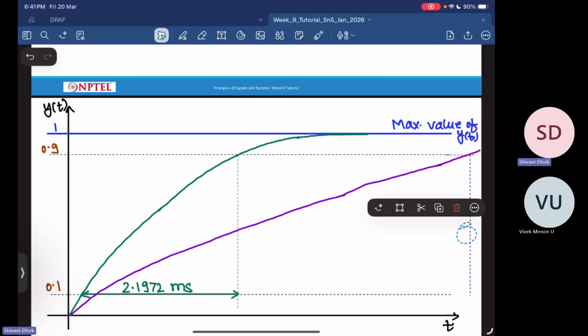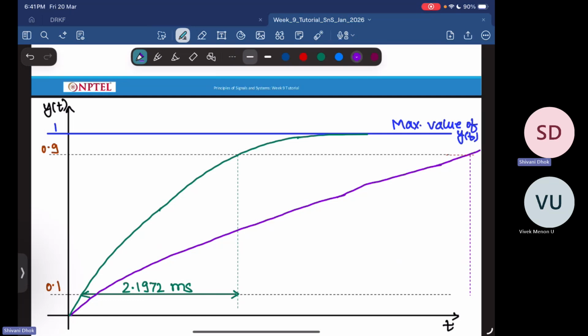Somewhere here, so this duration, from here to here, it is 21.972 milliseconds. Of course this is not to scale, but you can understand that this